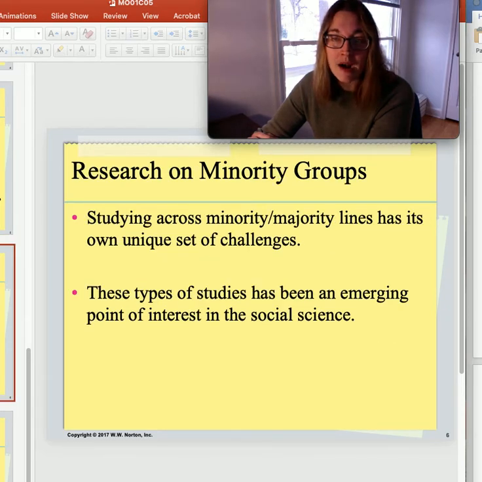Specifically, when we talk about research with minority groups, there are a set of challenges that are unique. And these challenges involve practical, strategic, ethical, a bunch of different questions. How do we go about researching this? Minority group research is a really emerging field. In the past 2 decades, there's been a notable expansion in both the discussion of minority groups as well as research in contemporary societies. This has really been reflected in